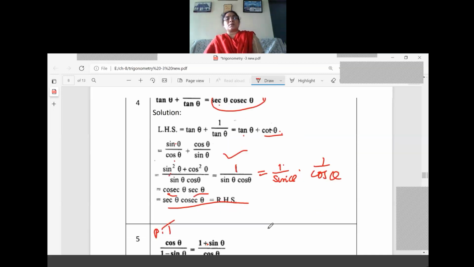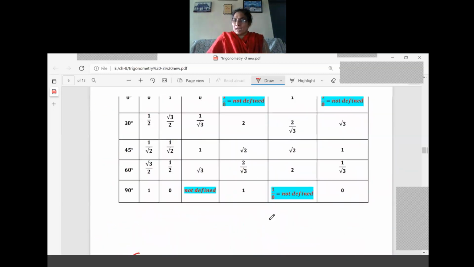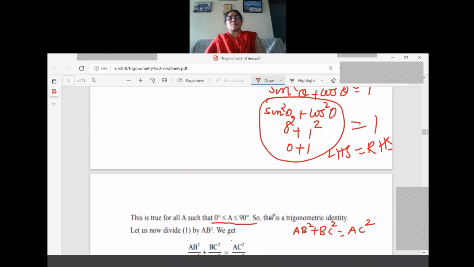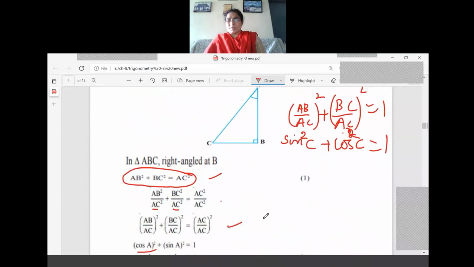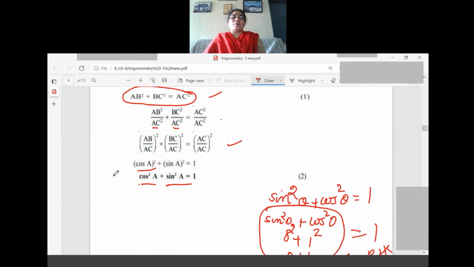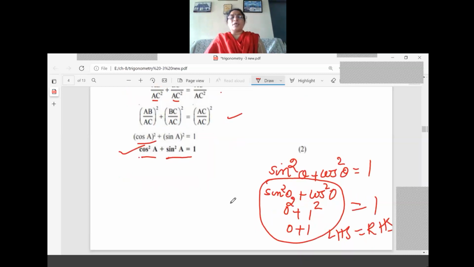So what is the first step we have learned today? That is the identity only. Identity, what we have done here: triangle ABC we have taken, then Pythagoras theorem we have taken. Each part we have divided, and we got the three identities. What is the first one? Cos square A plus sin square A equal to 1. The sine is always told first, that is easy to remember. So sin square A plus cos square A equal to 1.